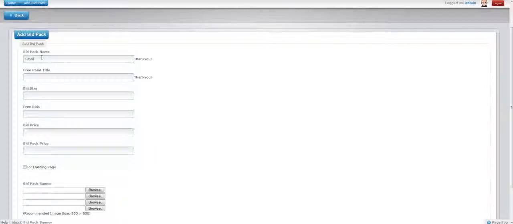We're going to call it small. Bid pack title. The bid size. Let's call it a 10 bid pack. Free bids 10. Bid price. We're going to call it